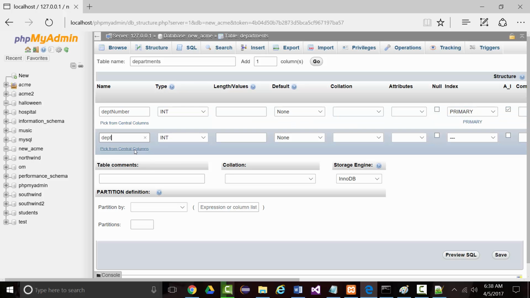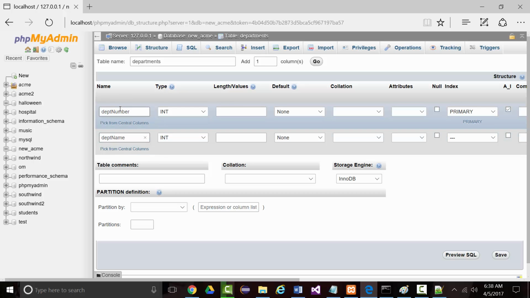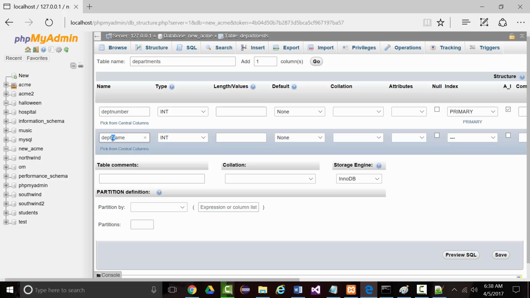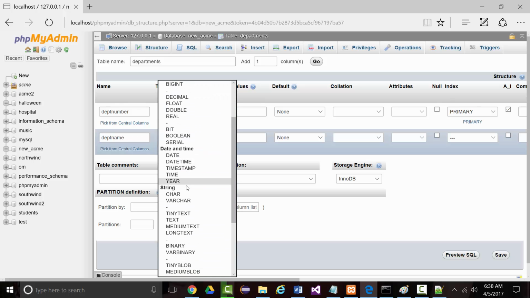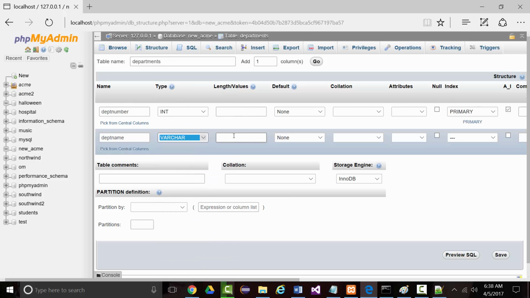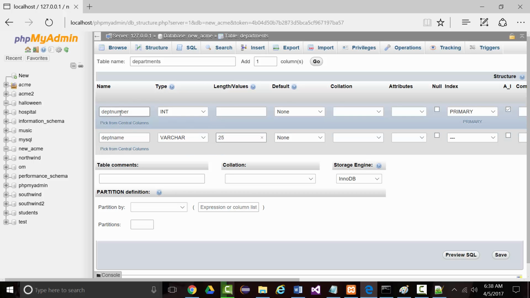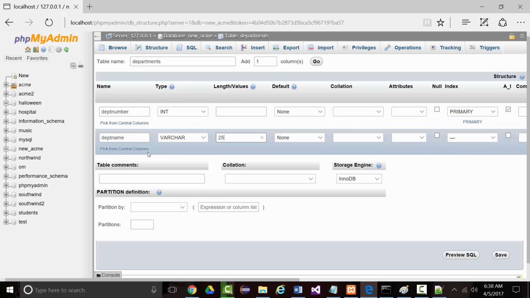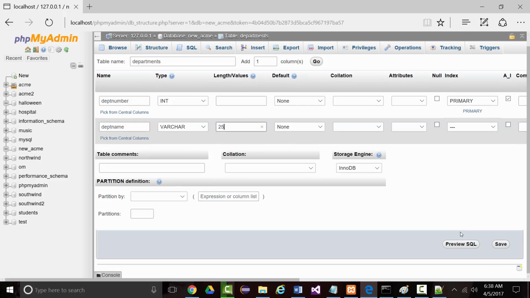And we'll have the department name. And I think when we did this, I just left them all in lowercase. So department number, department name. This will be a varchar of size 25, and we're not going to allow nulls in it. So we've got department number and we've got department name. I'm going to click